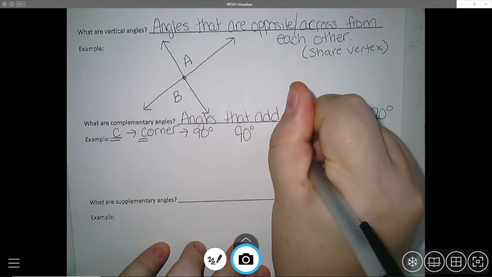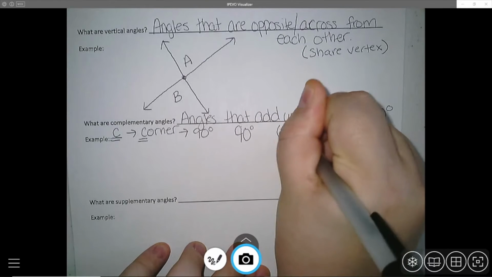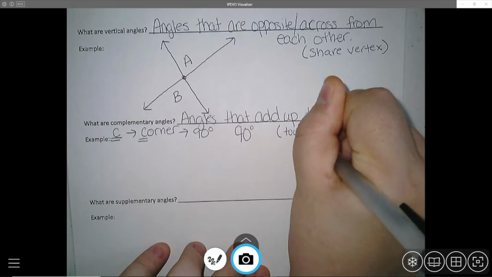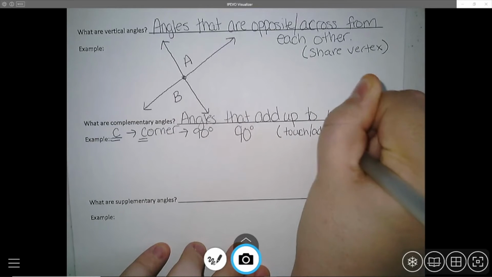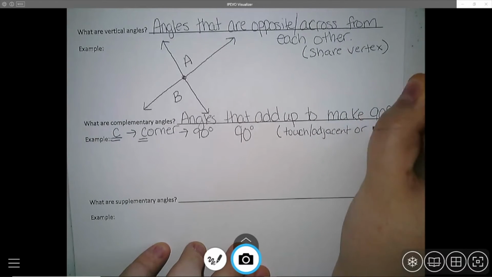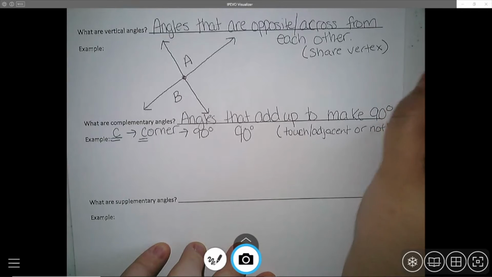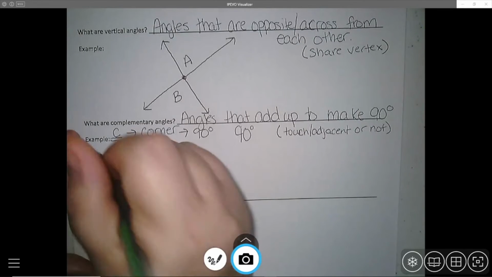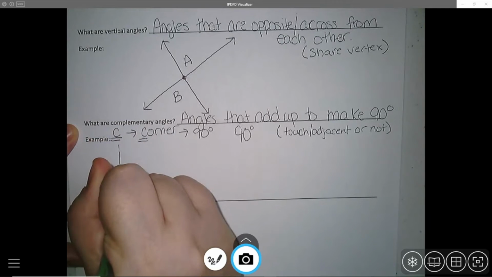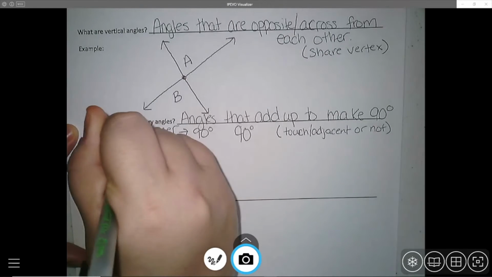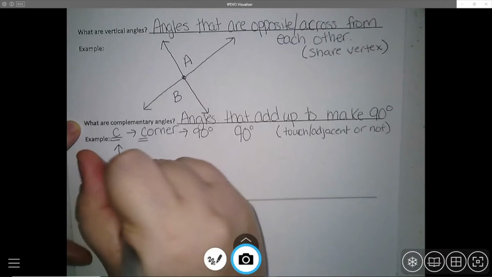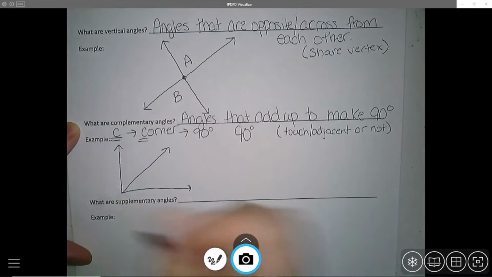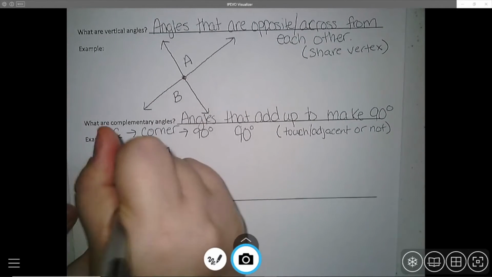Now, these can touch, be adjacent, or not. So these can be angles that are touching and adjacent, or they can be separate angles by themselves. So let's look at both versions of this. Let's say they are adjacent and touching. A lot of times what you're going to see is a visual like this,